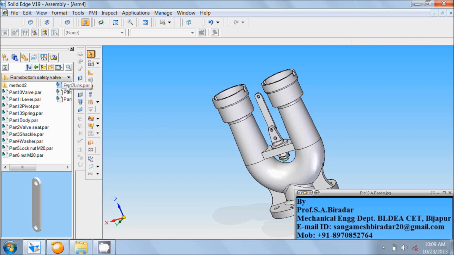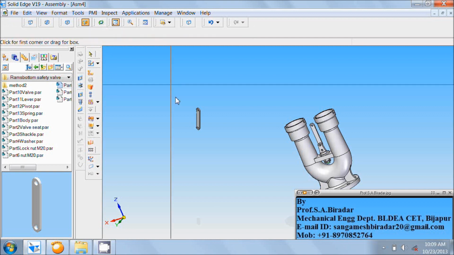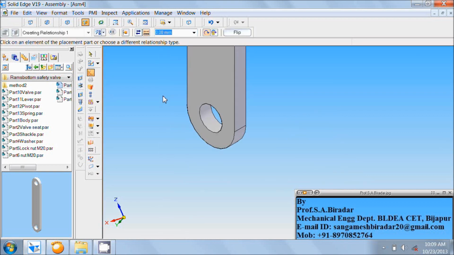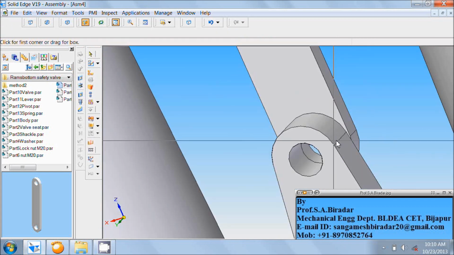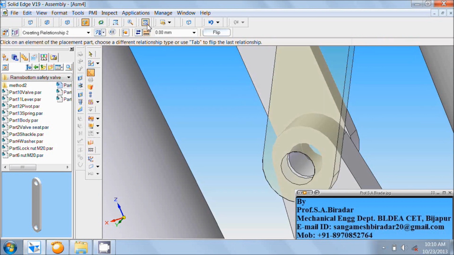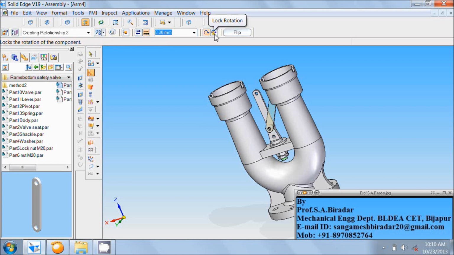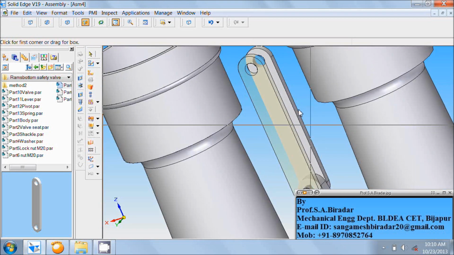So again double click on that link, click on assemble command, use zoom area, zoom this area, select this cylinder in part 7, fit it, use zoom area, zoom this area, select hole in the shackle, fit it, click on lock rotation, use zoom area, zoom this area, fit it,